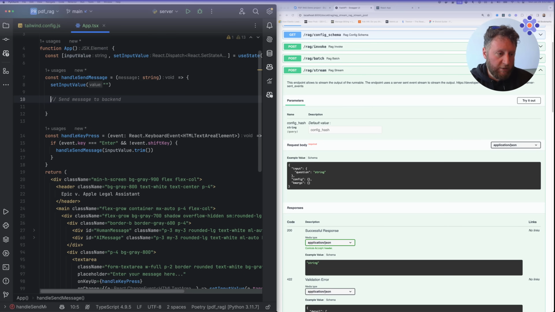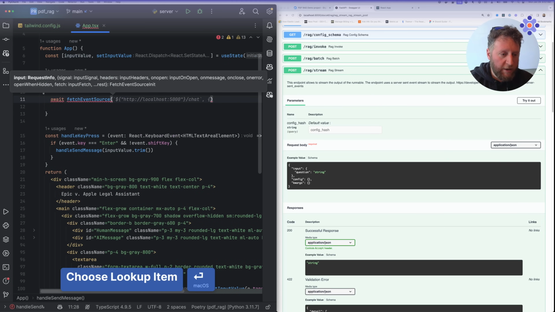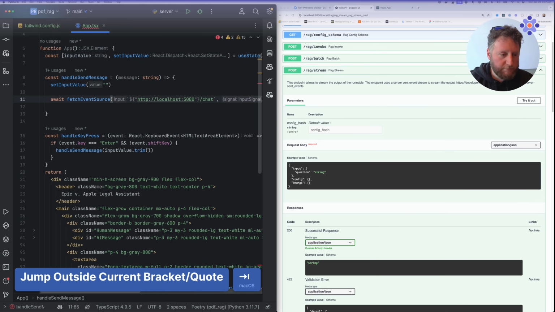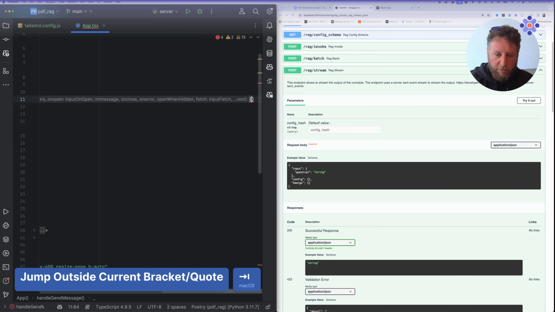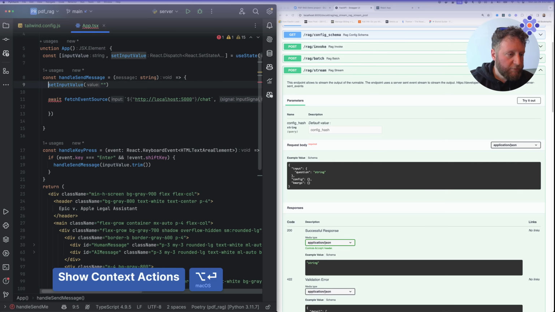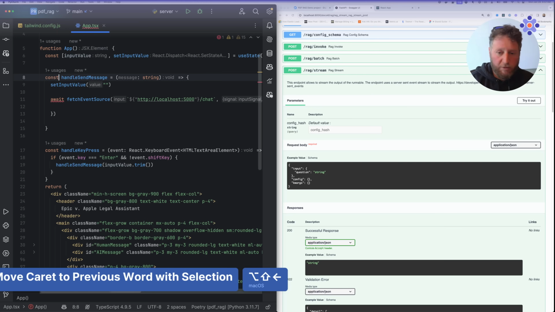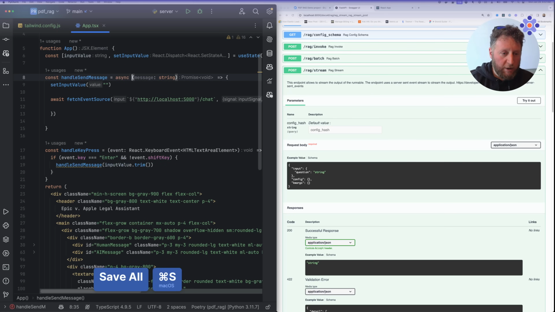So what I want to do here is I want to just say, await fetch event source. And then what this is going to do, look at that, I'm actually getting pretty decent completion. And then this needs to be an async function. Like Python in my head. Cool. There we go. So we're going to post up to localhost 8000, and we will post to